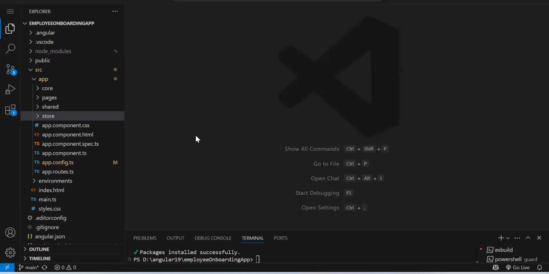Create a data token, store and remove. That's it. Take the example of counter. In counter, what are you doing? Increment and decrement. Just like that, when I say logged in user data, you will store it on click of login, and on click of logout, you will remove it. That's it. What operation are you going to do with the data you are storing?